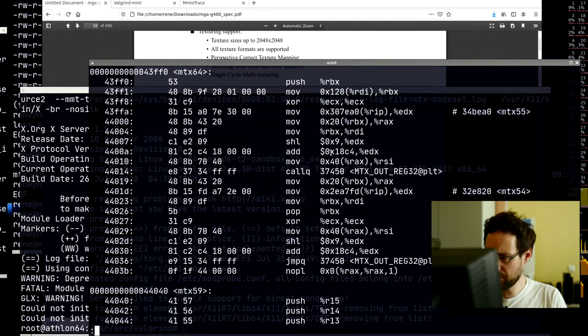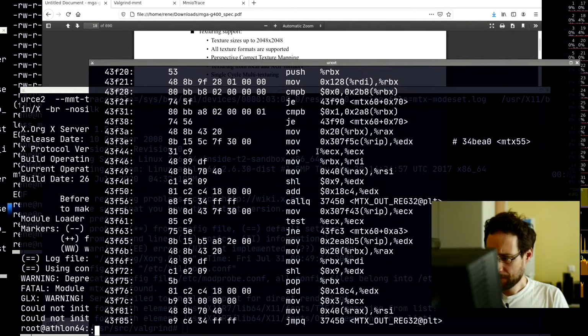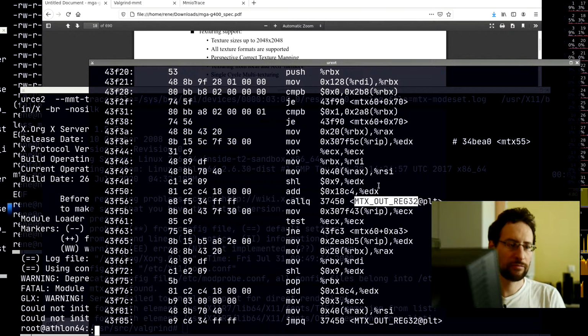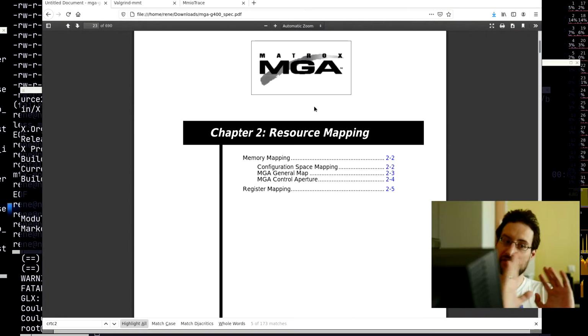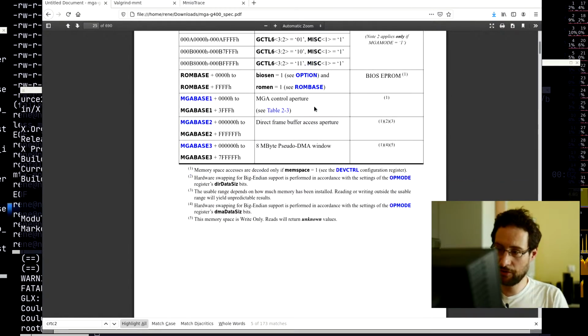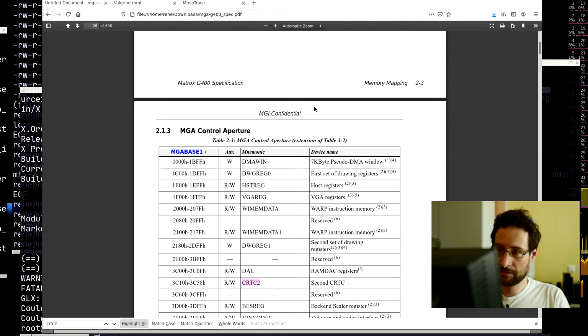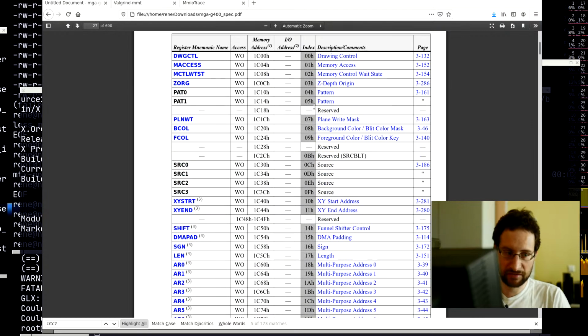But anyway, so you see, we also see here already some registers. Thankfully, there is some function to write to registers, MTX out register 32, similar to my own previous videos where we have done this for Virge and Voodoo. And what this does, if you take a look at the specification, again, this is not the matching specification, right? This is for the earlier G400, and I read on some corners of the internet maybe the successor was G800 or something,